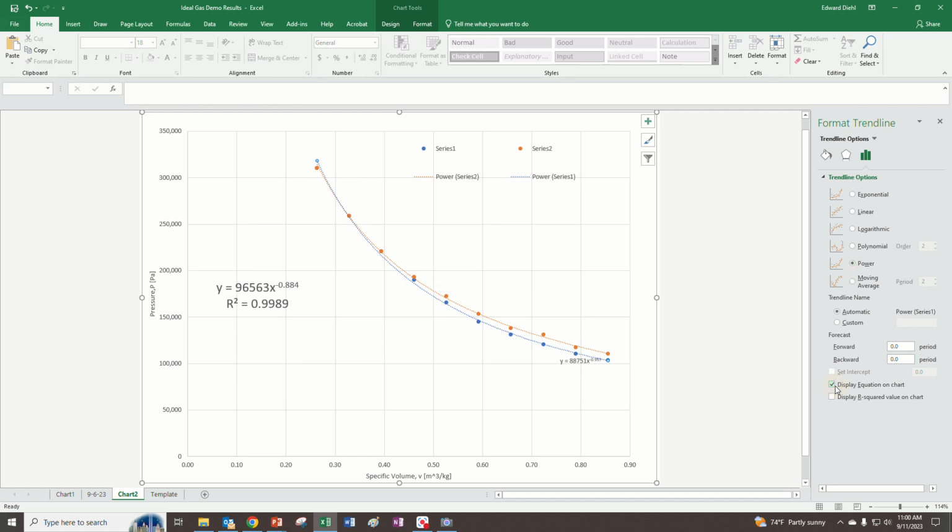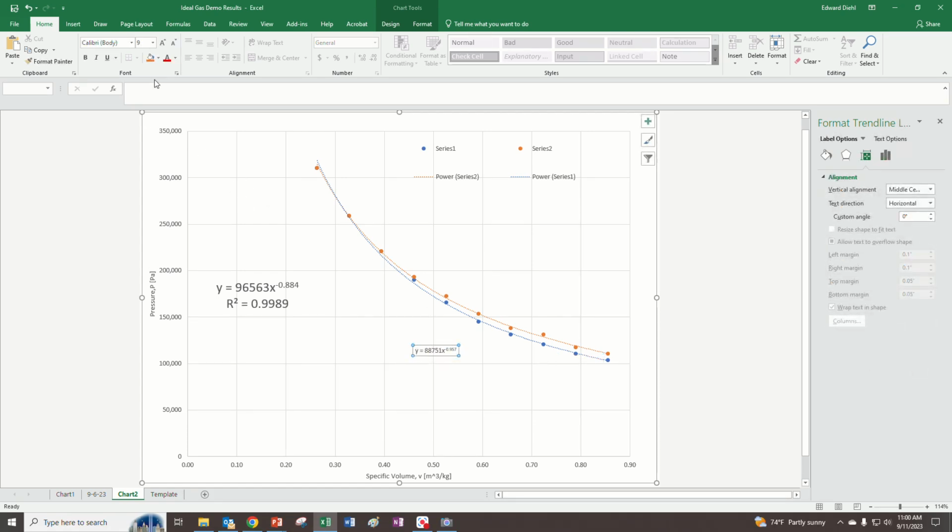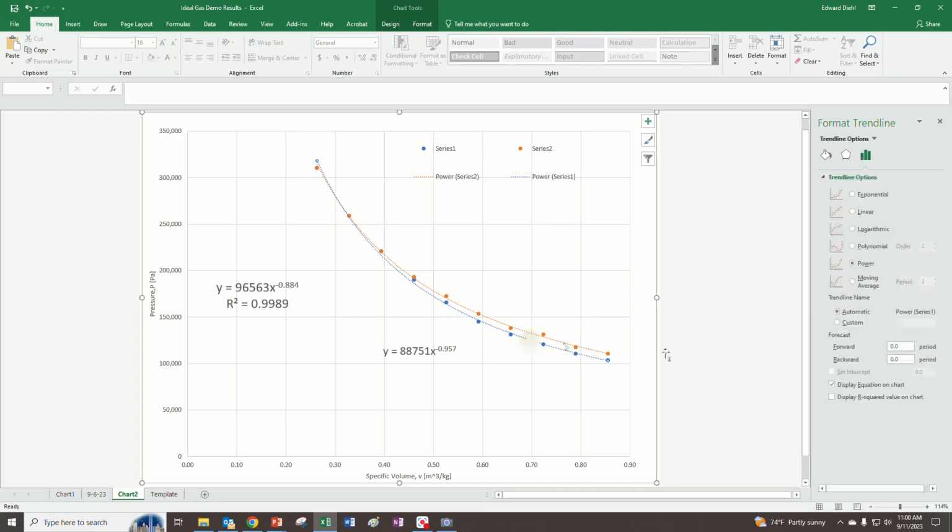And you can see display equation. Of course, that's too small. And make the thing bigger. Put the R squared onto the thing. Yeah, they're about pretty much the same amount of goodness. I'm trying to think of the right word. R is a confidence. Is that confidence? I don't know. What is R? Yeah, I'm trying to remember the name of the R. Anyway,